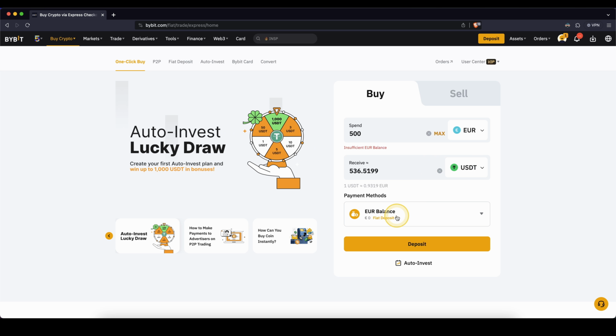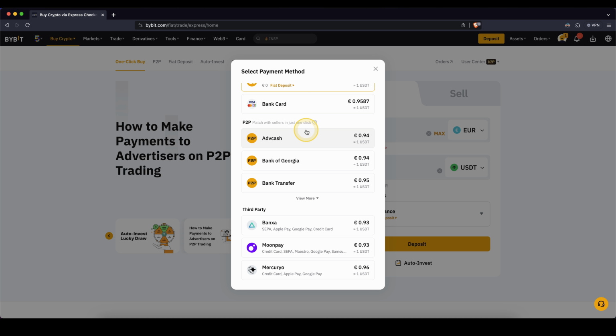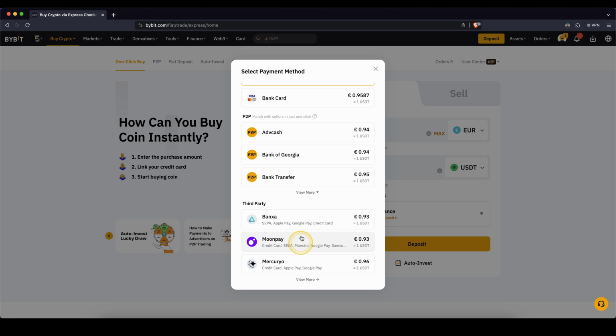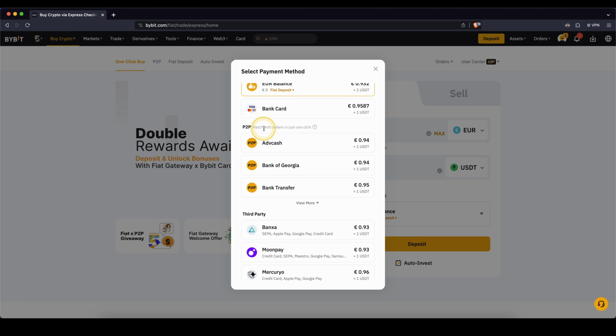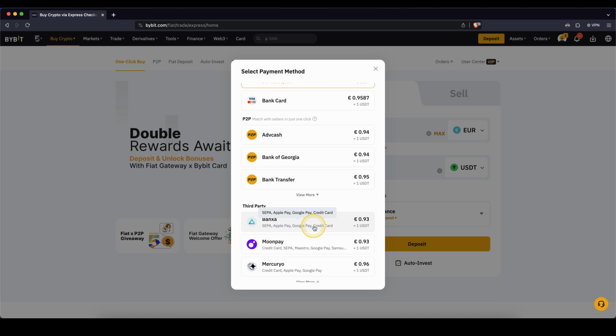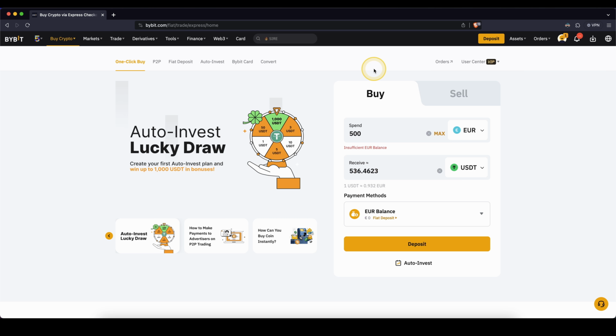And then as you can see right here, payment methods, you can either use your euro balance if you already have deposited. If you don't have it yet deposited, you can also use, for example, your bank card or any of these third-party services. So if I want to deposit with my Visa or MasterCard, I choose this one. And if I want to use, for example, Apple Pay, Google Pay, I can use any of these third-party services. So these are your options that you have if you don't have any crypto yet and you want to deposit